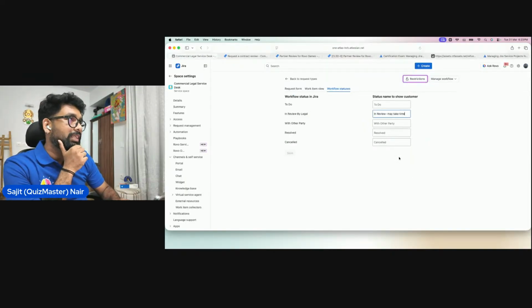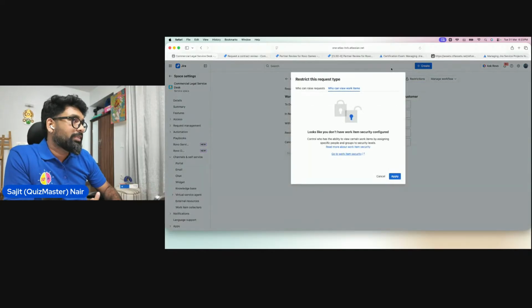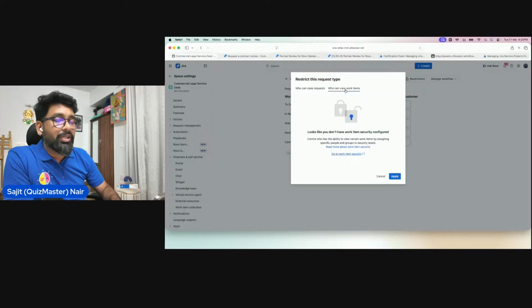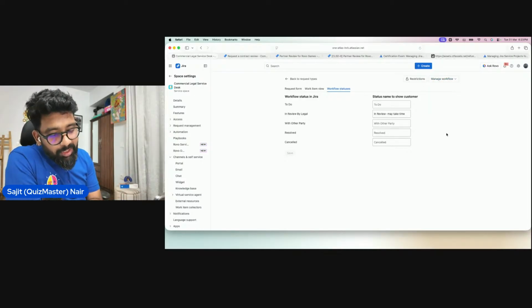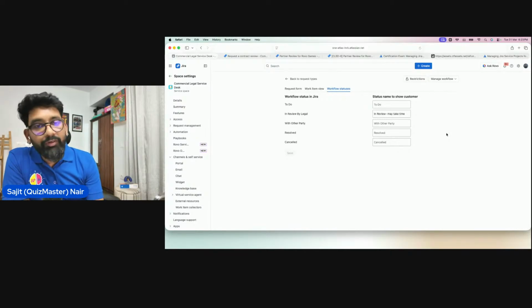All right. Let's come back to the portal. So these are the three things that you can create, add, edit. You can also manage some of the restrictions of who can raise requests and who can view the work items in here itself if you've got the correct permissions to manage it. But that is also something that ties into your ability as a good Jira admin. Managing workflows,